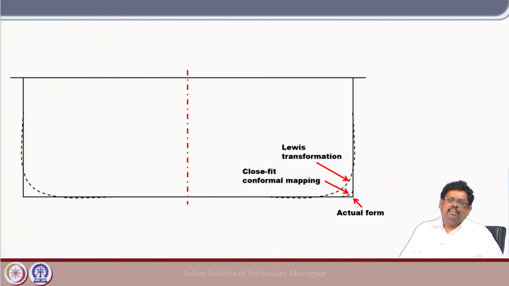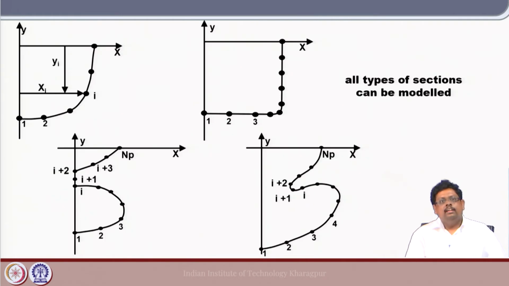Okay. Now, again this is the disadvantage, as I said. Even if you try Lewis curve fitting with many terms, as you know you can use only 2 terms for the Frank-Low-Speed method. If you take more than 2 terms, still you do not get the sharp corner. However, if you take any kind of shape in Frank-Low-Speed,